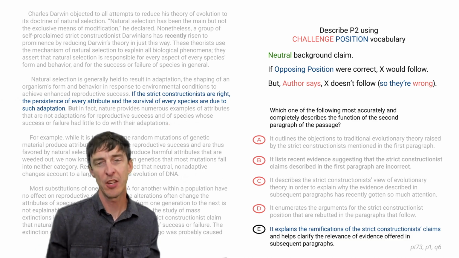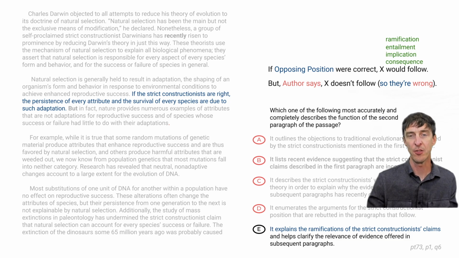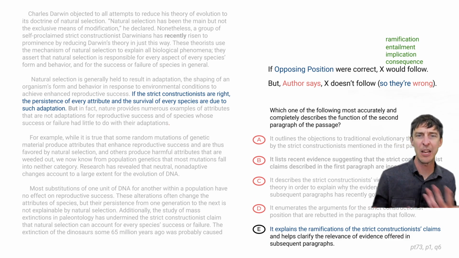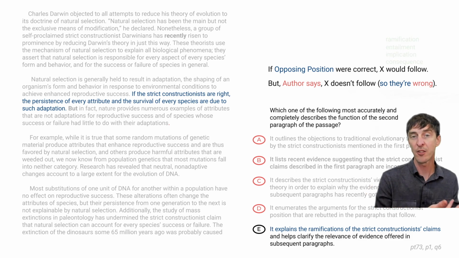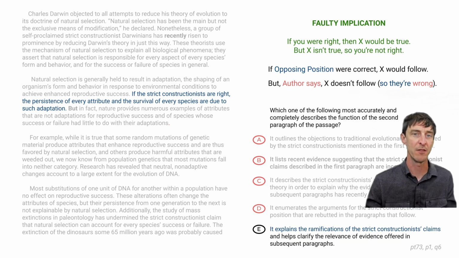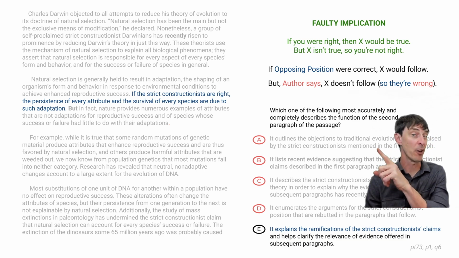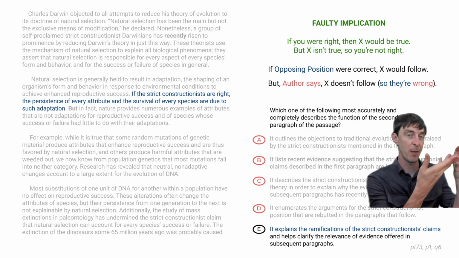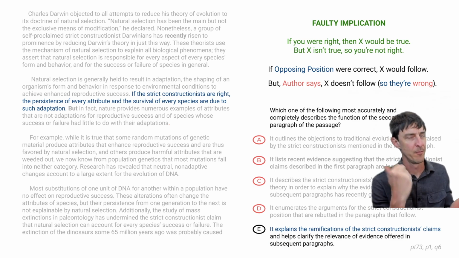What is a ramification of a claim? Well, it's basically like the outcome of an if-then conditional. When we say if they were right, X would follow, X could be described as a ramification, an entailment, a consequence, an implication. And you may know in logical reasoning method questions, there's a very common pattern we call faulty implications of logic, where you prove somebody wrong by saying, if they were correct, then this implication, this ramification would follow. But since it doesn't follow, clearly they're wrong.